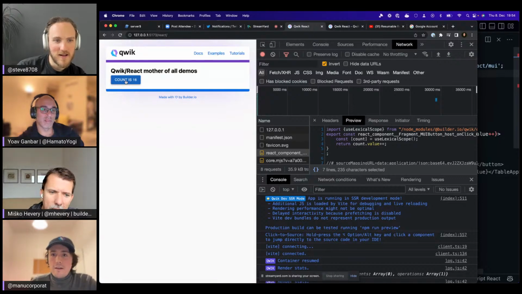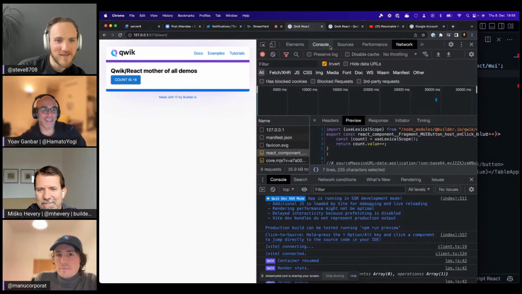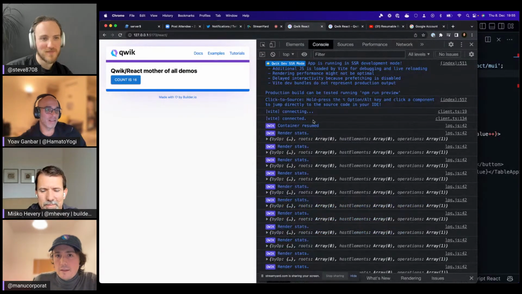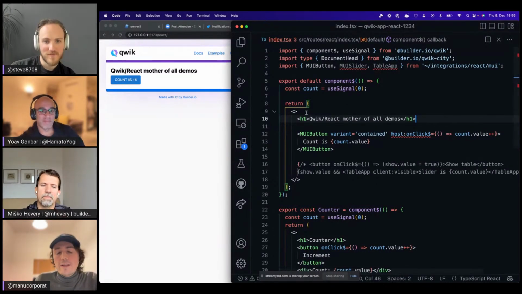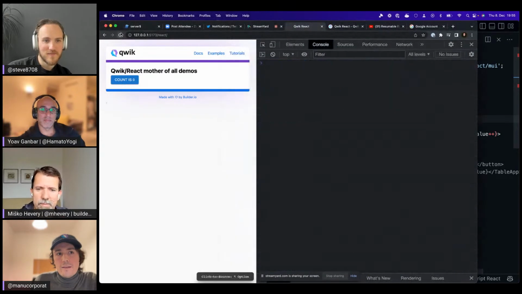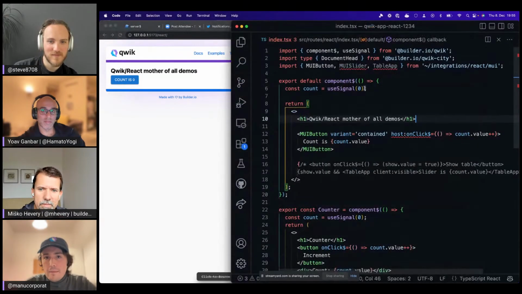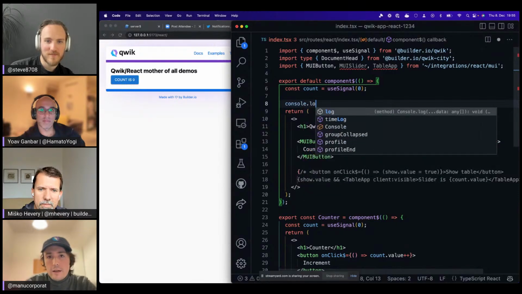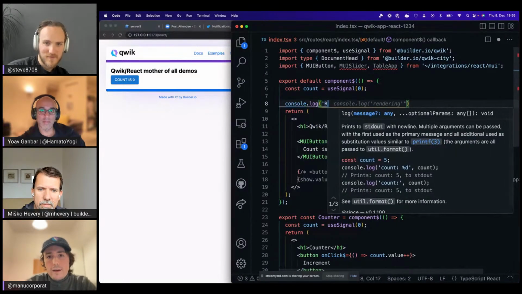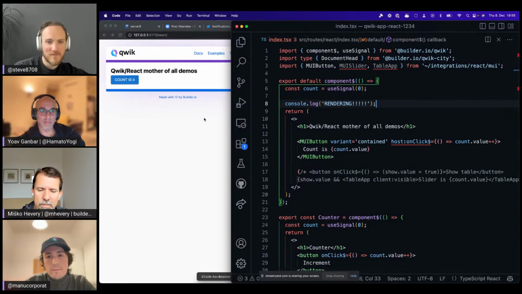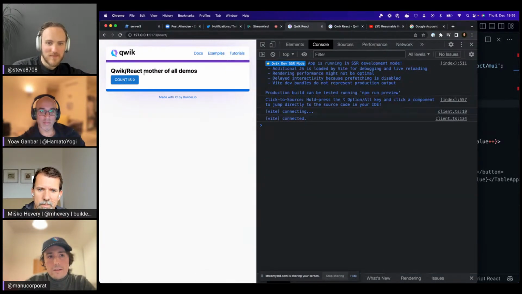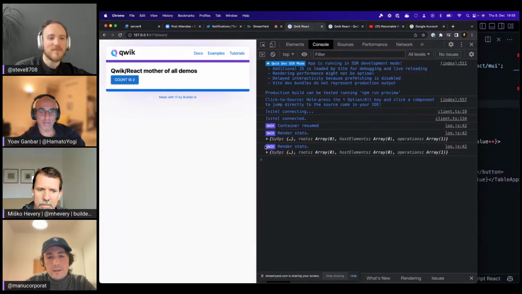I don't know, I think it's yeah, but the beauty of what just happened here, sorry, Mishko, is that you just used state inside React, but not with React state, but with signals. Exactly. Yeah. And if you look at the implementation, this might be actually mind-blowing, if I put a console log here and say rendering, and I do that, notice the console logs. There is no rendering.